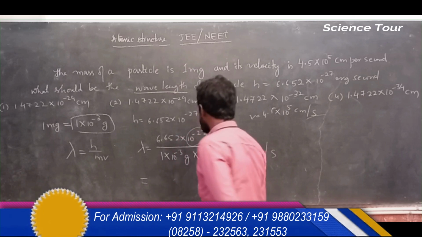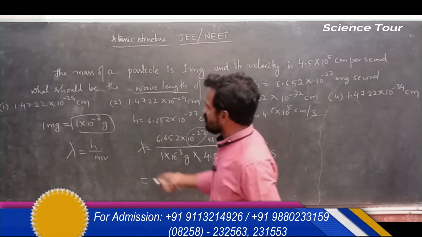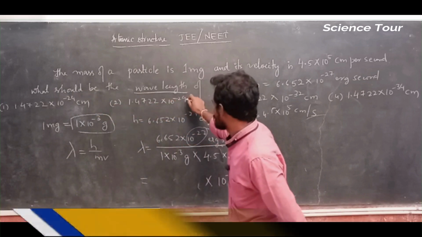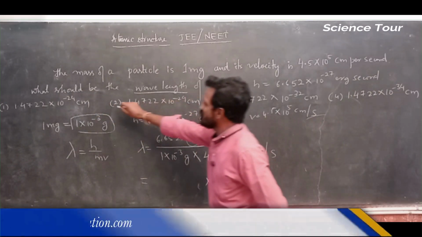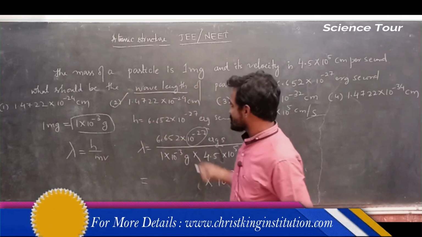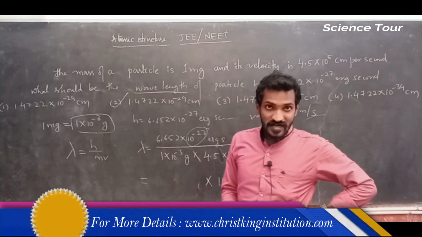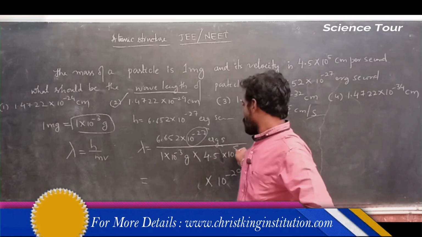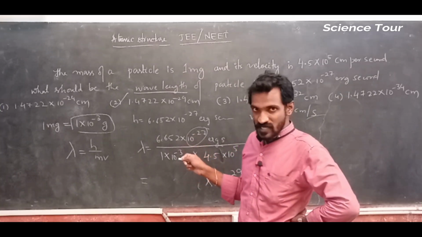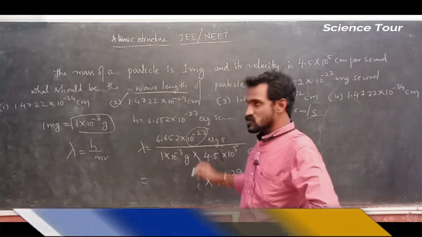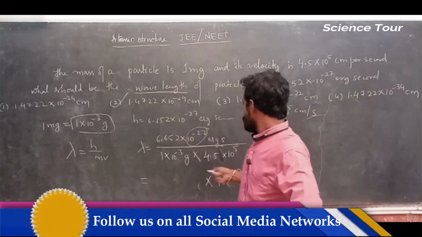See, my dear students, in answer there is no confusion. Here minus 24 is there, minus 29 is there, minus 32 is there, minus 34 is there. Answer is B. Before getting the answer, only by solving 10 to the power, here 5 minus 3, 2 plus 2, and when it goes up it becomes minus 2, and minus 27 minus 2 is minus 29, we got the answer.